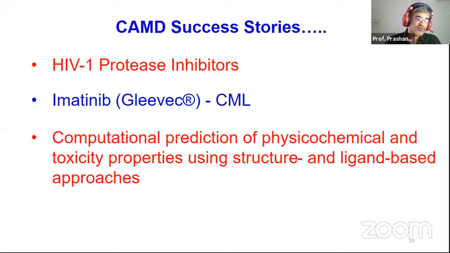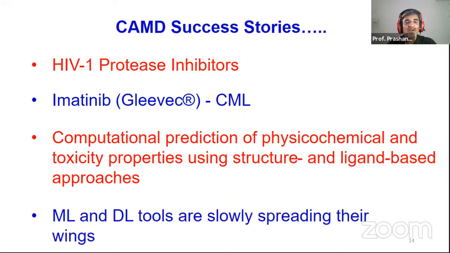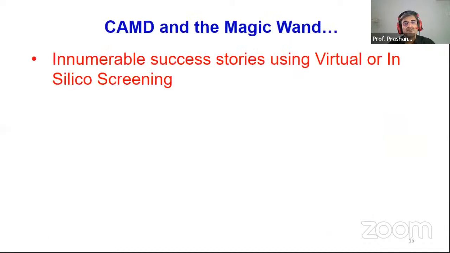It's just that instead of those typical supervised learning approaches, now we are using unsupervised learning approaches, including some of the artificial neural network, machine learning, as well as deep learning tools. The tools have changed, but the philosophy is still the same, right? So that's where the ML and DL tools have really come in handy, and they are helping in a big way to optimize a large number of properties right in the discovery phase, so that the probability of failure in the late stage clinical trials is very close to zero, right?